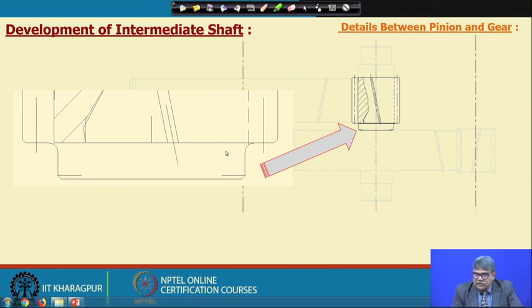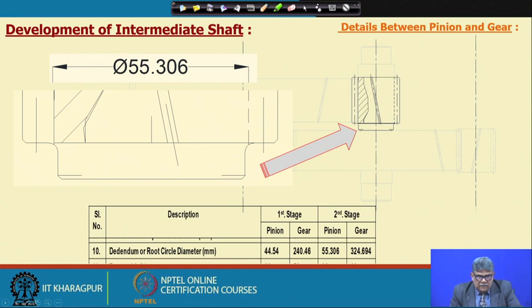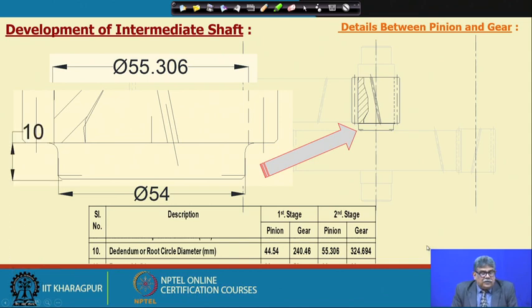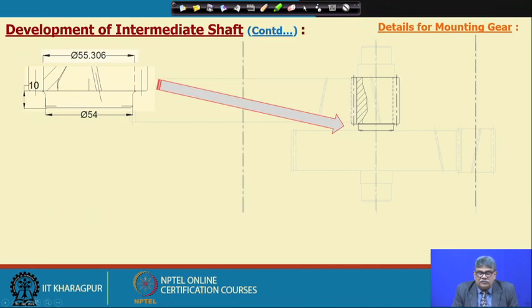Now, this portion shown, after that. Here it is already discussed that the second stage dedendum was 55.3; we have taken 54 here, this dimension we have taken 54, and about a 10 millimeter gap we have kept. After that this is shown here further, and then we think of the shaft extended